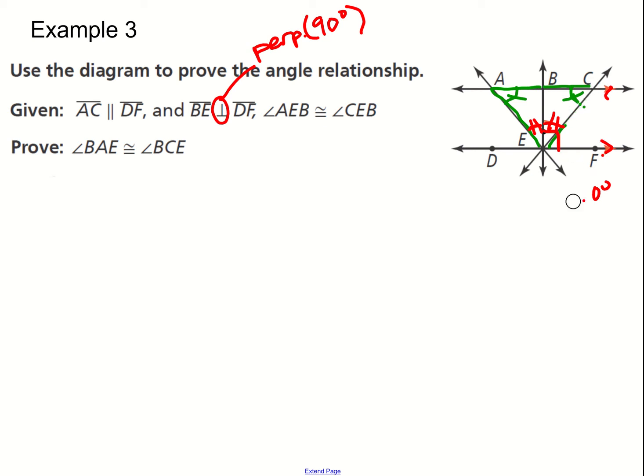I'm going to go ahead and erase these details here so that the picture is clear. Again, we know that these are congruent. I want to look for these. We want to prove that those two in green are congruent. We don't know that they're congruent. We want to show that they're congruent. Okay. So first off,